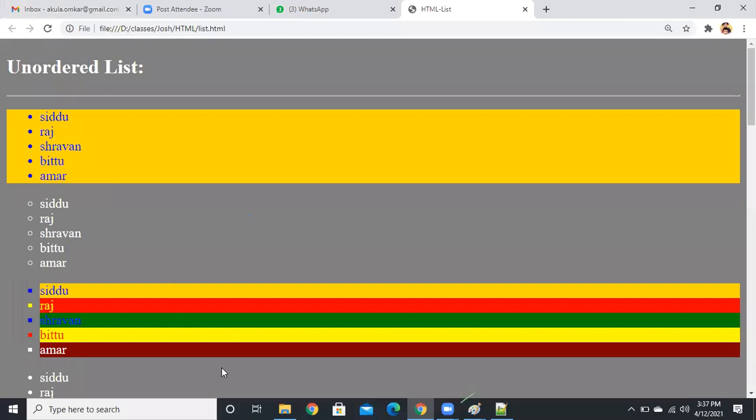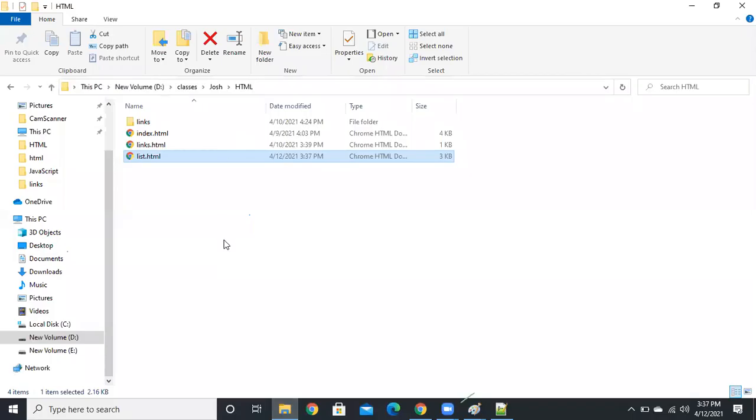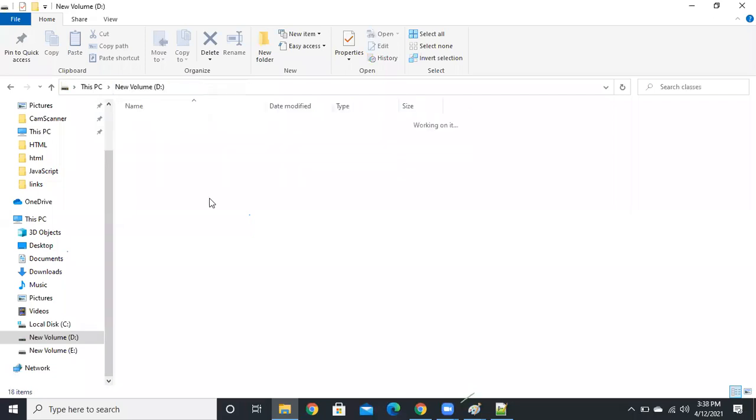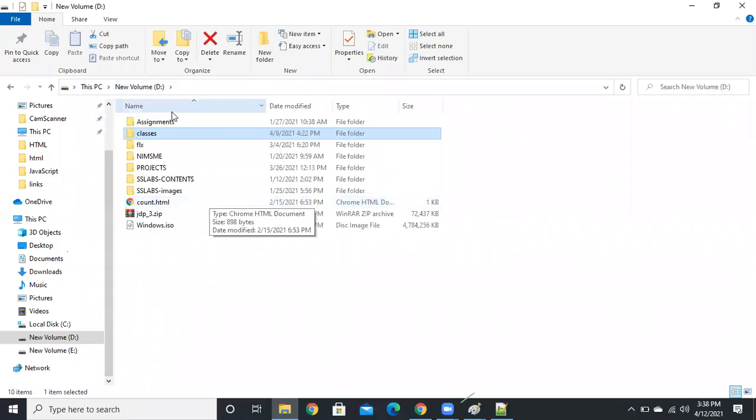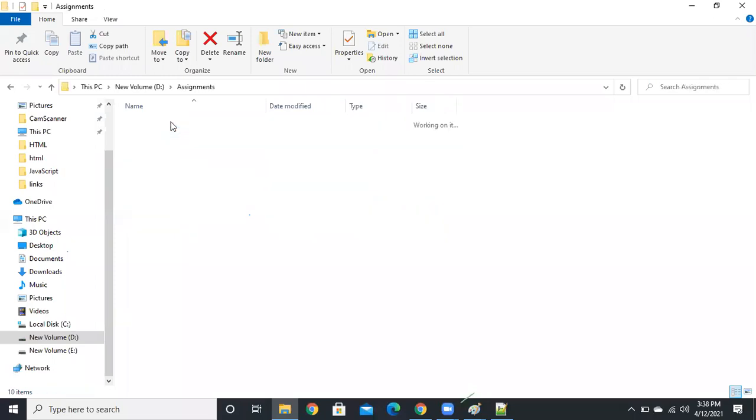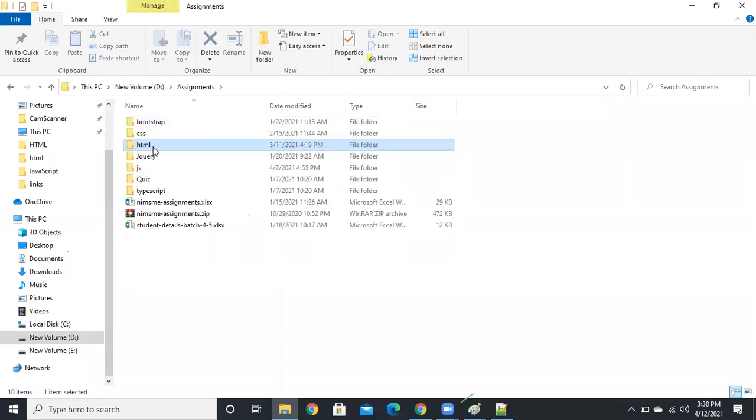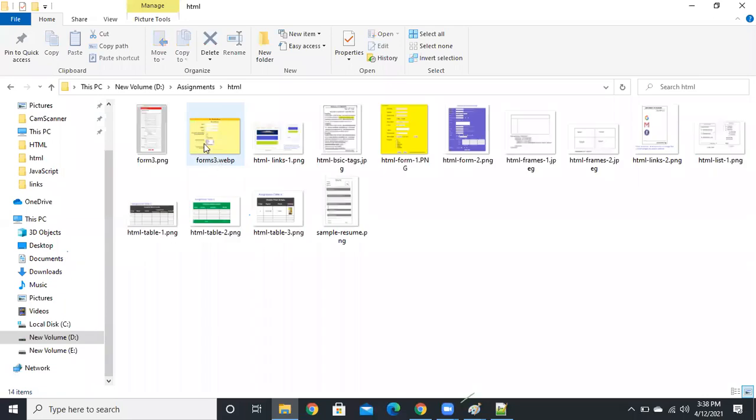And guys, you try to design like this. After you complete your assignment, if you have any queries, just drop them in our WhatsApp group, and I will respond and get back to you on everything. You try to design something like this.